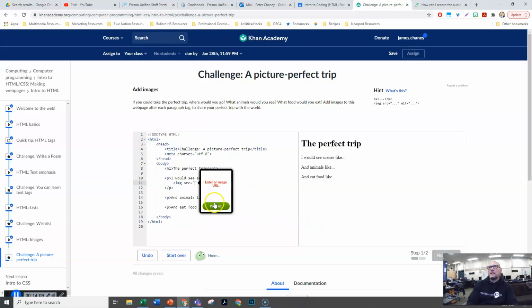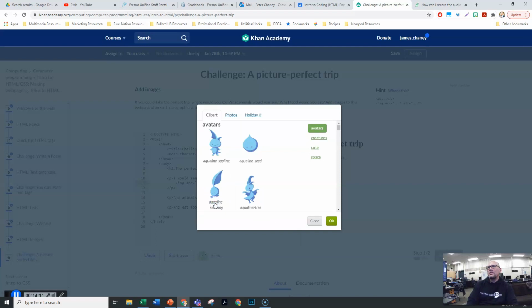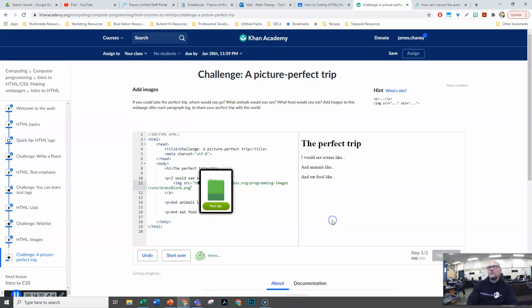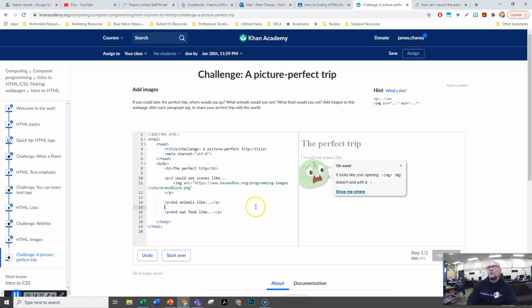I would see scenes like, and if I go to photos, what do they have here? Holiday, photos, wait. Creatures, cute, space, there's backgrounds. It's not much to choose from as far as, let's say grass. So we'll put a scene of grass in there,